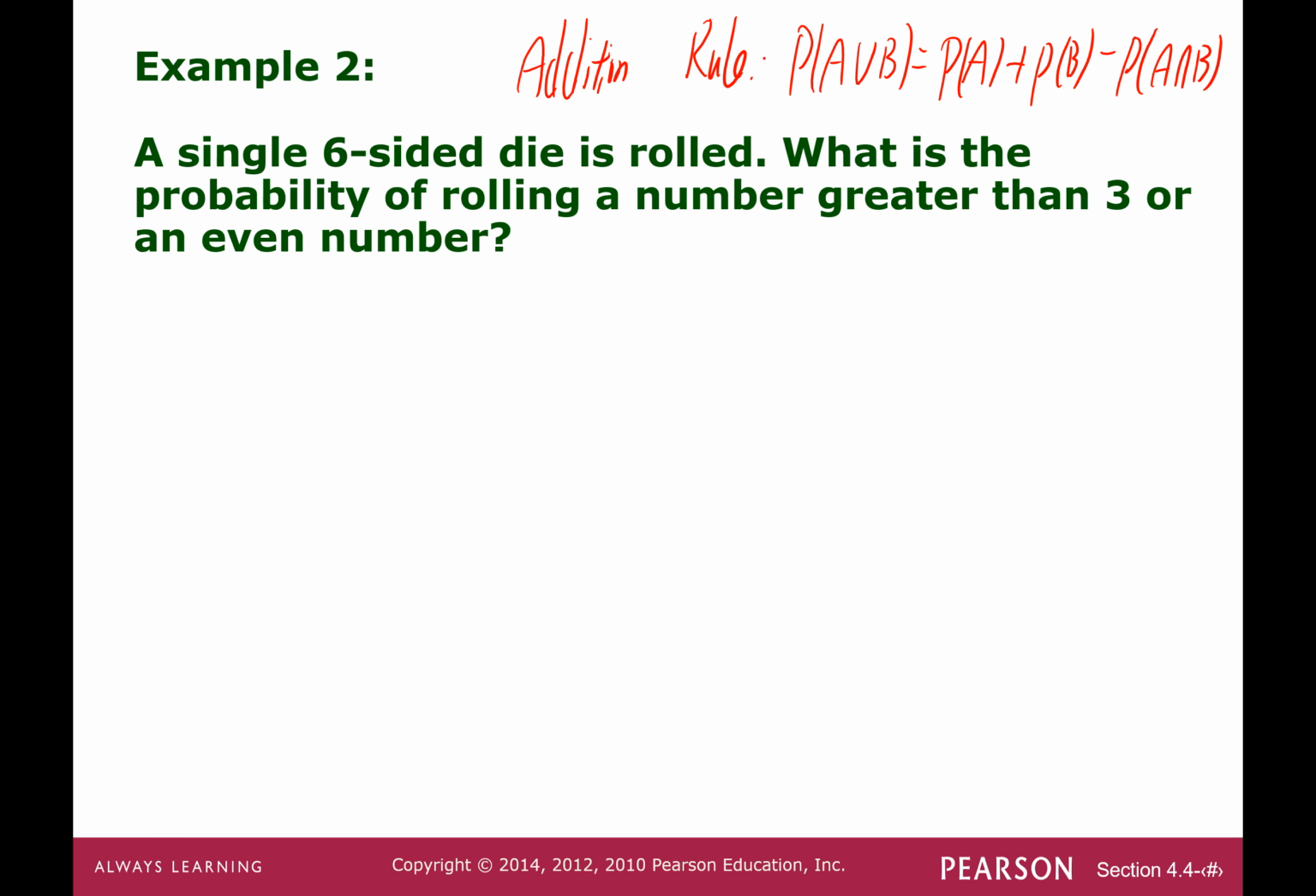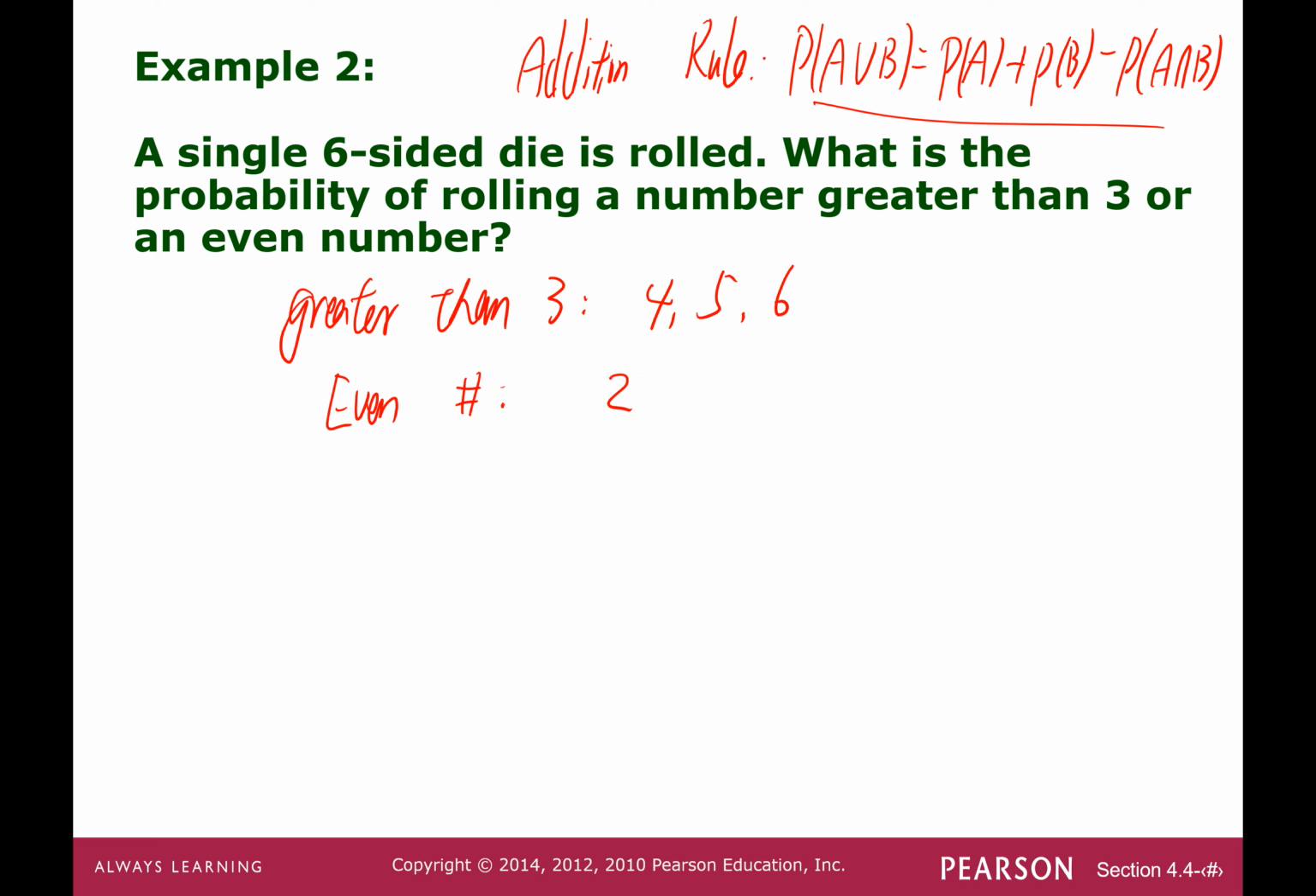Okay, so let's take a look at this example. A single six-sided die is rolled. What is the probability of rolling a number greater than 3 or an even number? A number greater than 3 could be 4, 5, 6. And the even numbers will be 2, 4, 6. As you can see, you have two common elements, or two in the intersection. So if you draw the Venn diagram here,